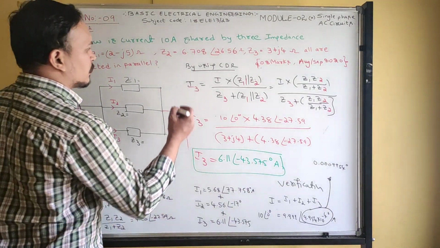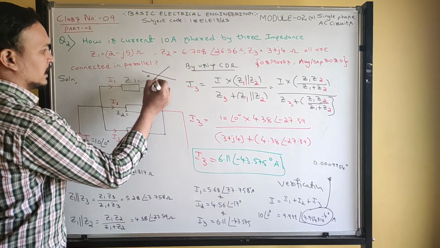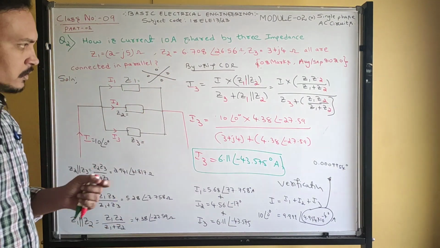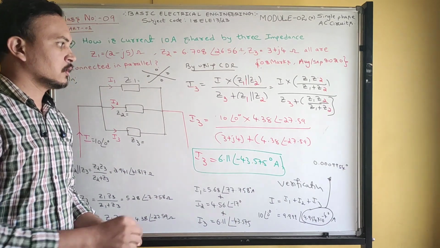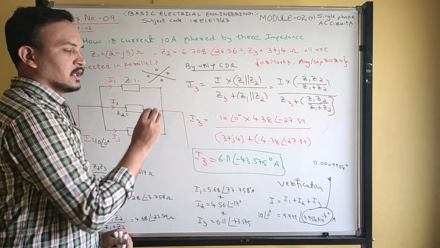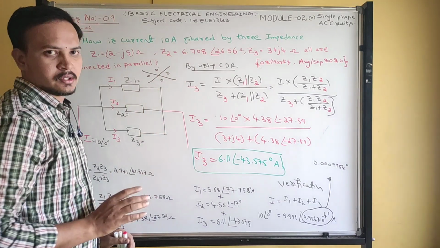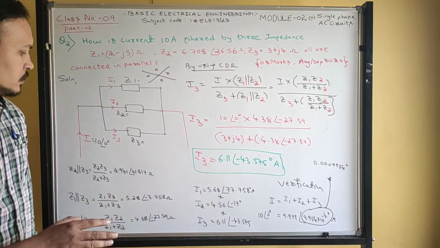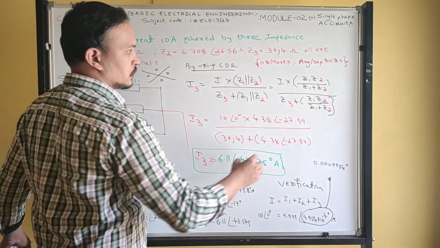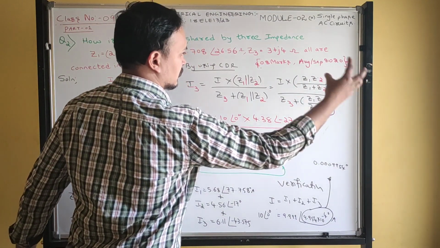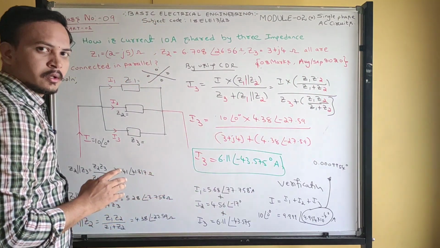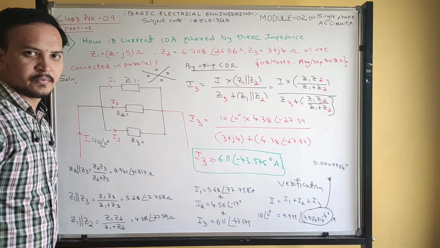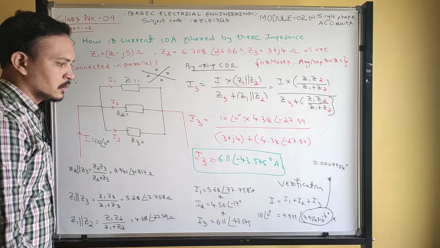Understood, guys? This problem is very important. It takes time while doing it in our calculator. What you should do every time is write the equations and simply substitute the values. You cannot do everything in the calculator at a time. So even in the new calculator, you should do this part separately, then take that answer, then you can do the next. If you try to do everything in one stretch, it becomes a stack error, unable to execute.